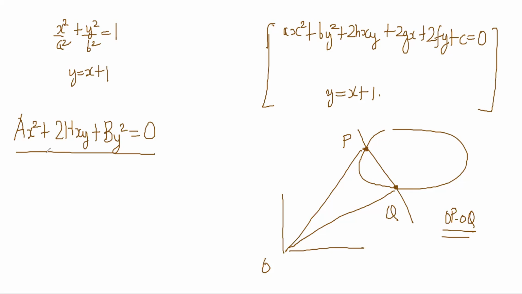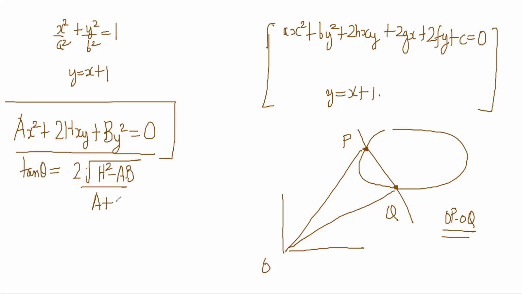A pair of straight lines through the origin will always have this form. It will not have any other terms, correct? We saw that earlier. So then I can easily find the angle between them because I know the formula for that. All I have to do is find the equation for it. The angle between them can be picked off from the coefficients, because I have derived this formula. So the job is homogenization.